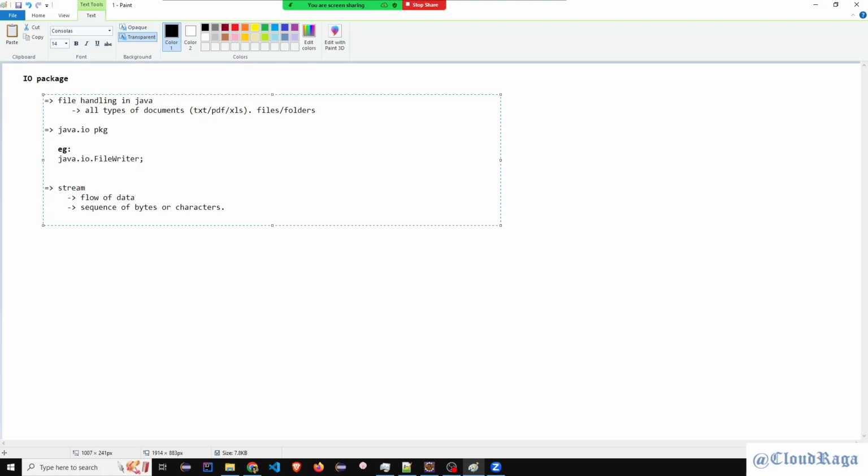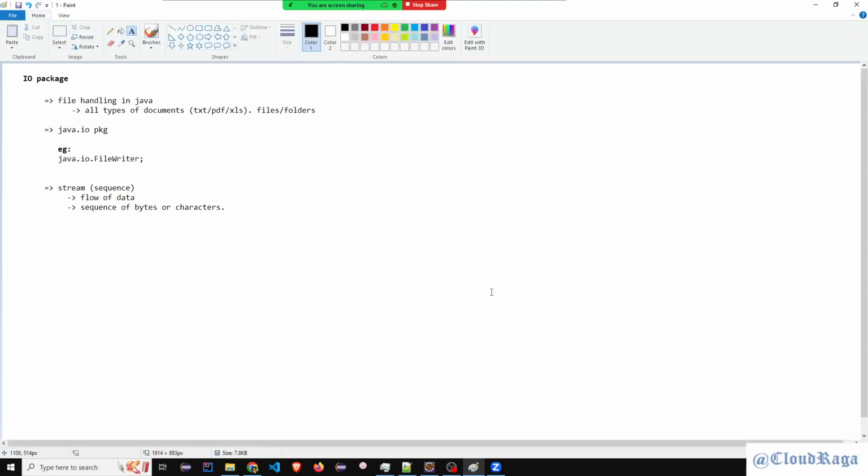But stream is just a sequence. If I have to explain what is stream, it's just a sequence, but we have to tell what kind of stream we have. We can say stream of water as well. That's an English term, stream of water. Likewise, we can say sequence of bytes or stream of data. Flow of data, sequence of data, it's the same. This term we will see mostly.